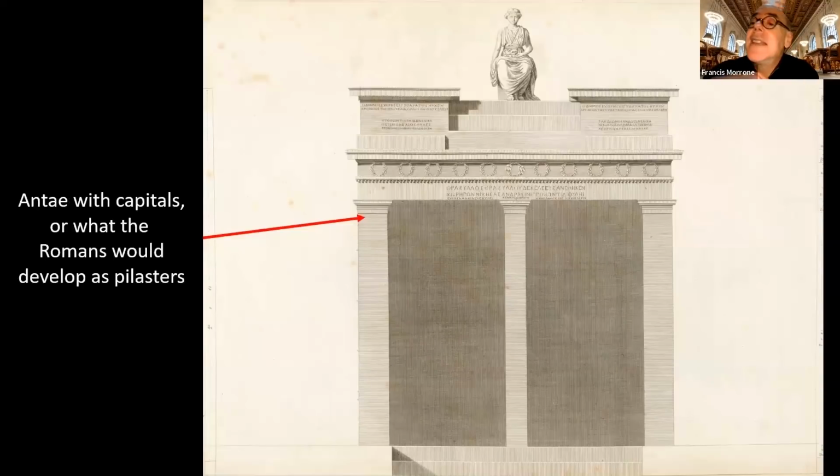And then there are antae. This is another thing that I find very interesting about the choragic monument of Thrasyllus, and that is that the antae, which are normally in Greek architecture just simple piers, actually are given capitals. And this is where we sort of see the beginnings of the pilasters. Sorry. God knows how many times tonight I've said the wrong word, not known that I was doing it. Pilasters that the Romans would run with, as we shall see.